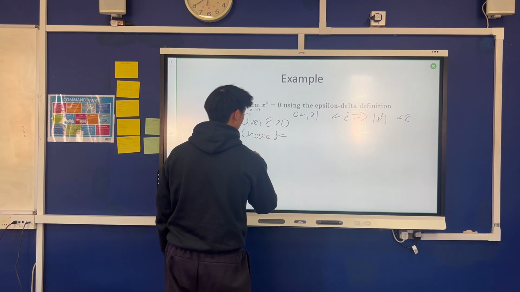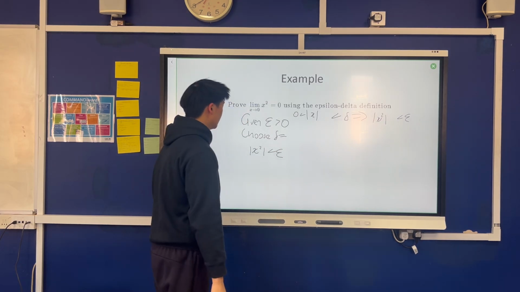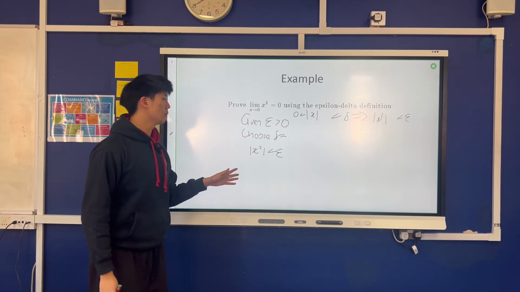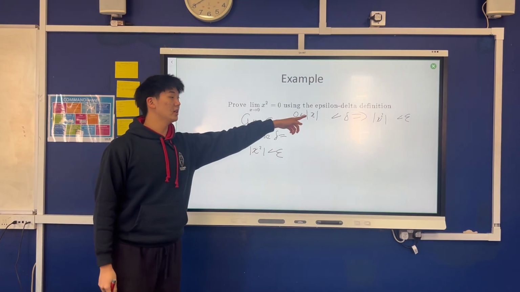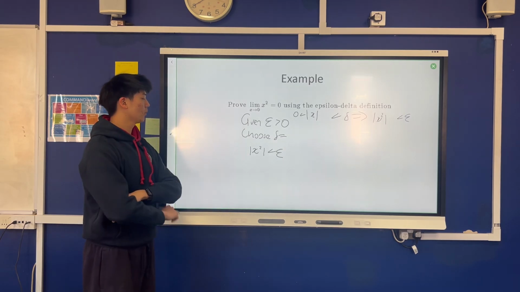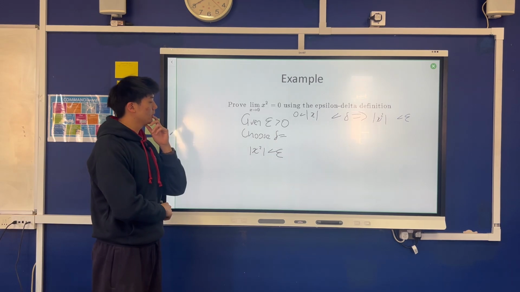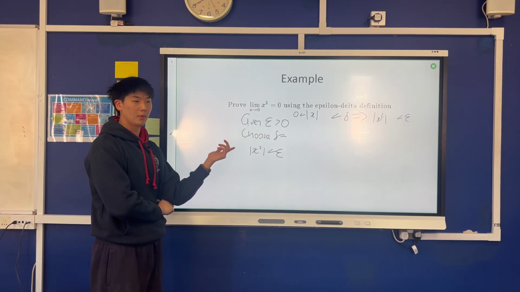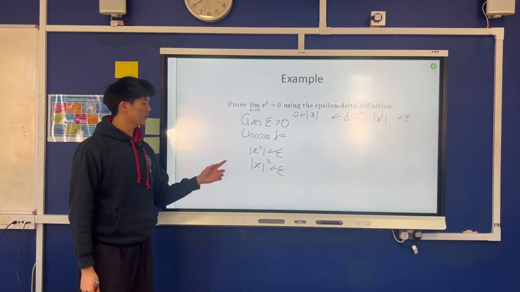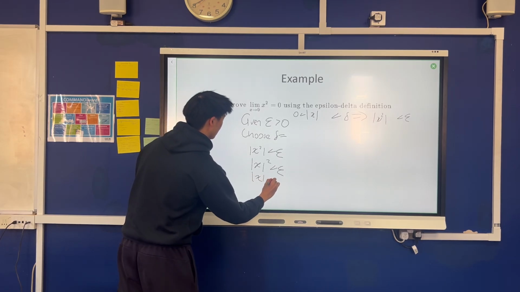We've got mod x squared is less than epsilon. So what we want to do is get this x in the form of this x, so we can find a delta that corresponds. They already look quite similar, and one thing we can do first is take the square out of the absolute value bars. And now, the next step is to square root everything, so you just have mod x is less than square